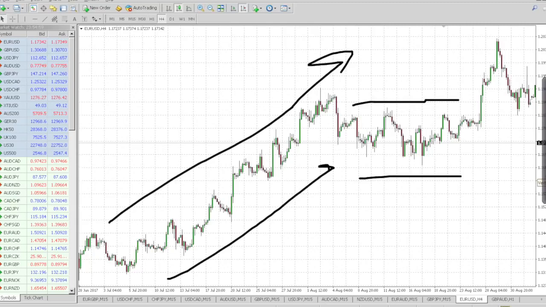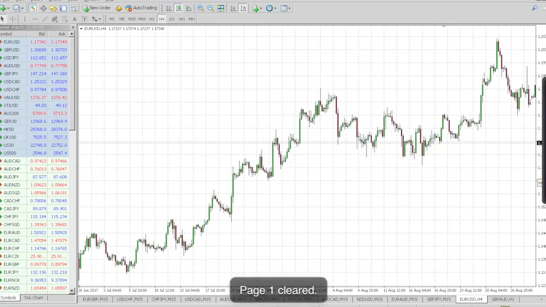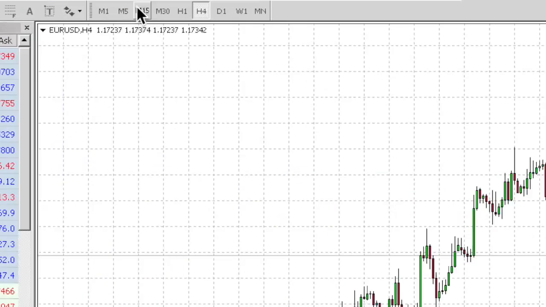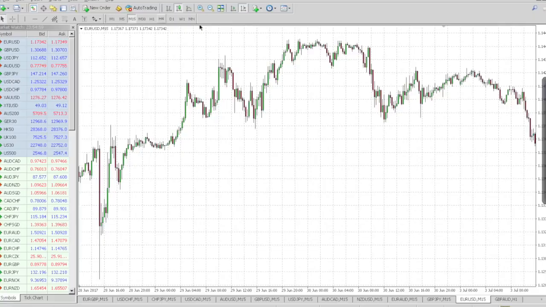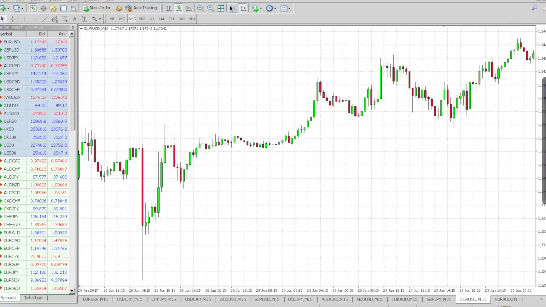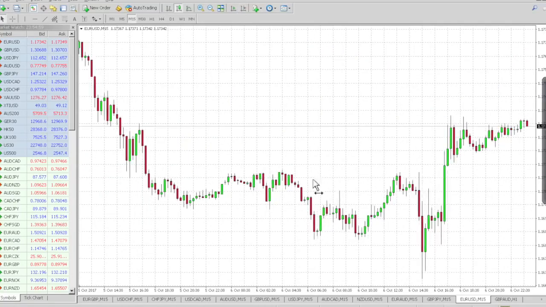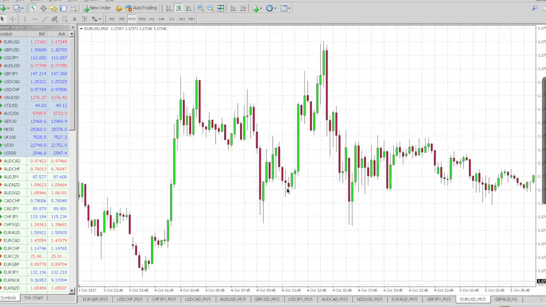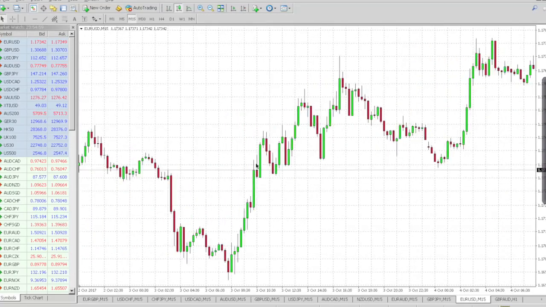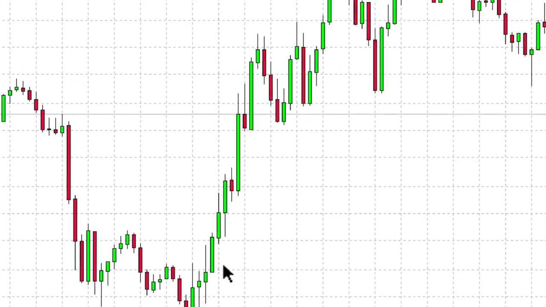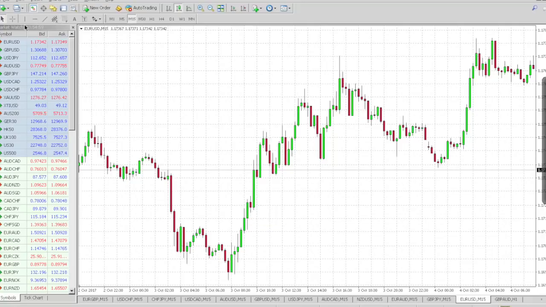Next, let's go down. We have got position trading, we've got swing trading, and next we have day trading, which is what I do. So I'm a day trader, and as a day trader, I tend to use 15-minute candles. Now it's like I take a microscope and zoom in even further down, and each of these candles you see over here are 15-minute candles. So each candle represents 15 minutes. As a day trader, I will usually go for 20 or 30 pips, and I'm out.